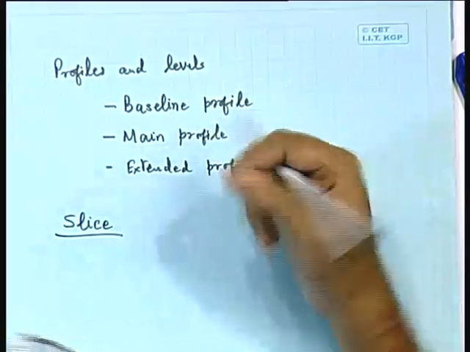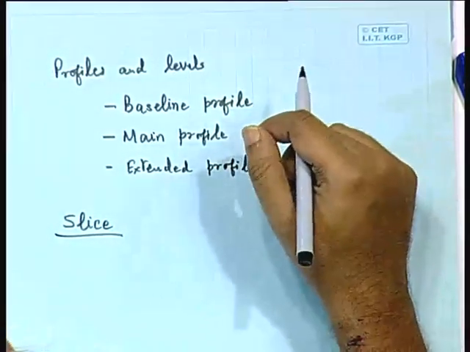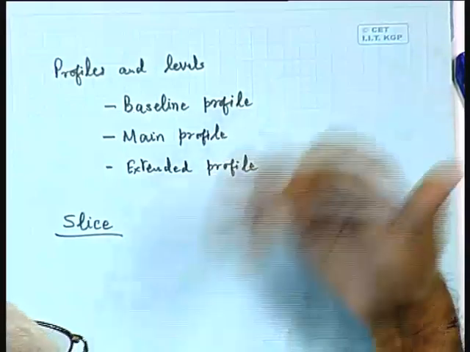Now, I think that I made a very brief mention about the concept of slice in one of my earlier lectures, and there I had said that slice is nothing but a group of macro blocks. Okay. Macro blocks, and that may or may not be a combination of macro blocks in the raster scan